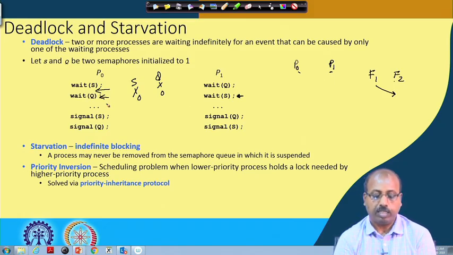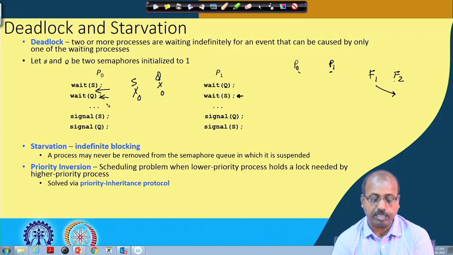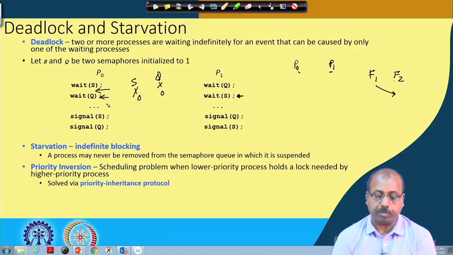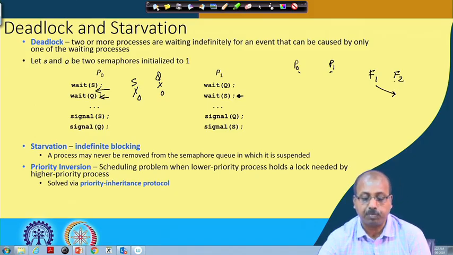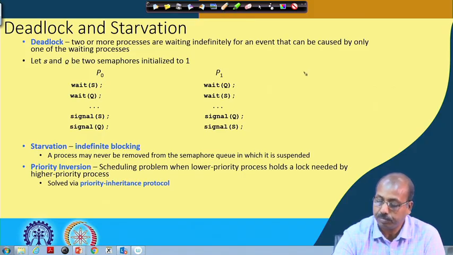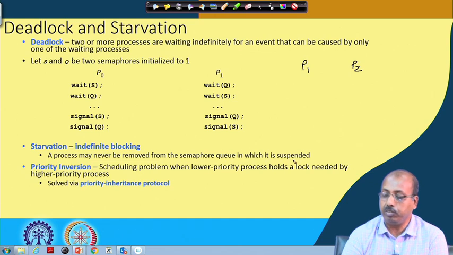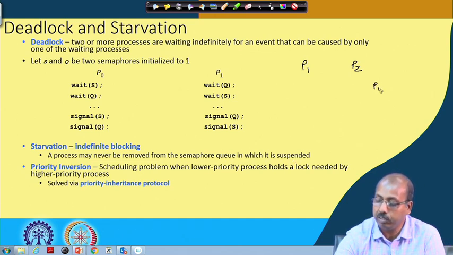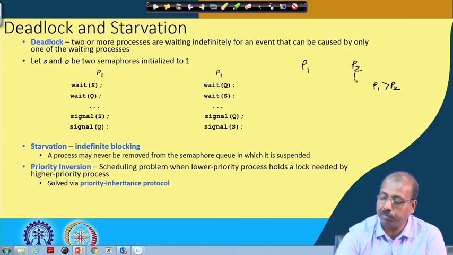There is another very interesting problem which is known as priority inversion. It is a scheduling problem when a lower priority process holds a lock needed by a higher priority process. Suppose I have two processes, P1 and P2, and in a priority based scheduling policy P1 is of higher priority than P2. But suppose in the system P2 came first. So, it executed a wait on some semaphore,